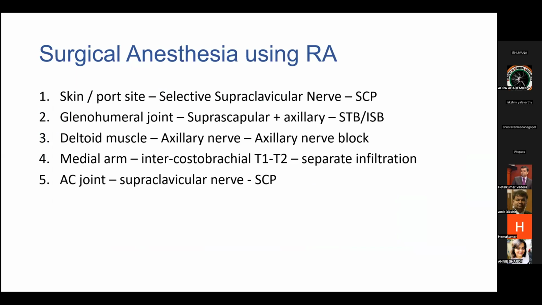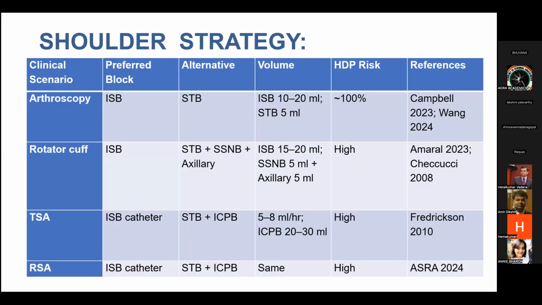interscalene blocks. For the deltoid muscle, we need to block the axillary nerve with a selective axillary nerve block. And for the medial arm, we need to separately infiltrate the T1, T2 intercostobrachial nerve. And the acromial joint, same, it has a minor contribution from the supraclavicular nerve. We have to block the superficial cervical plexus plane. This is shoulder